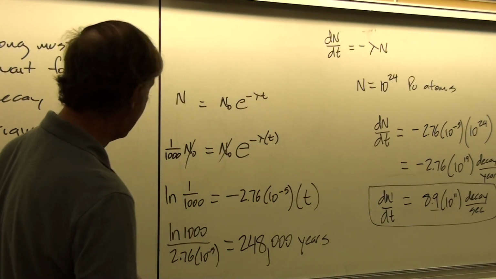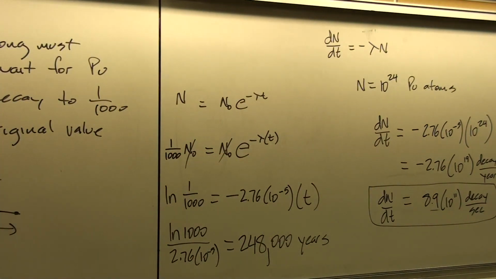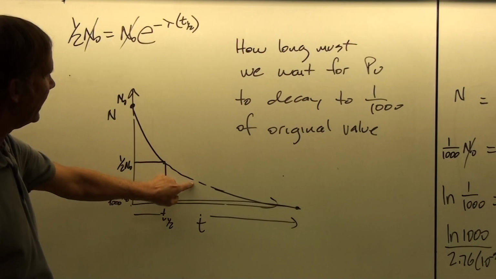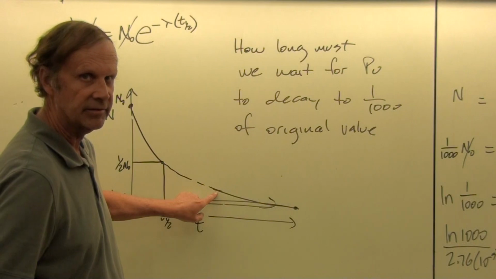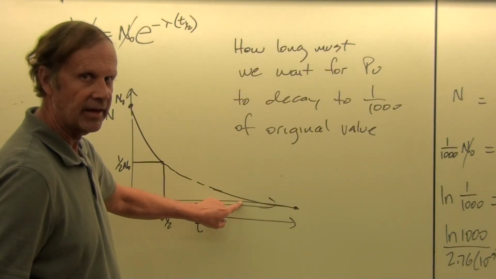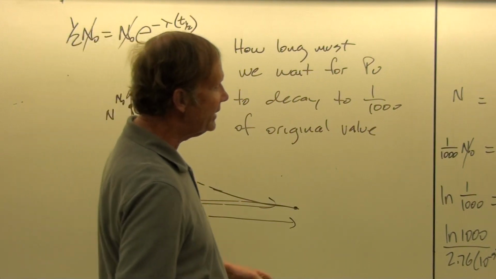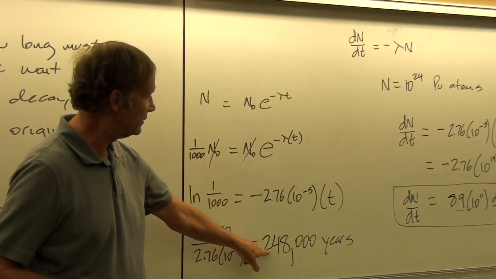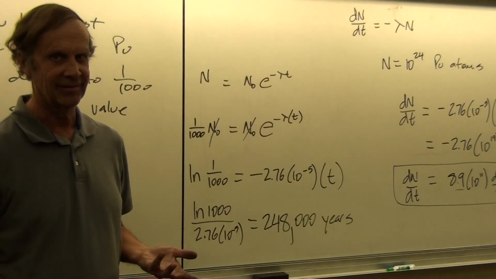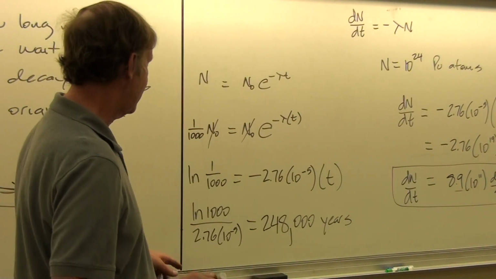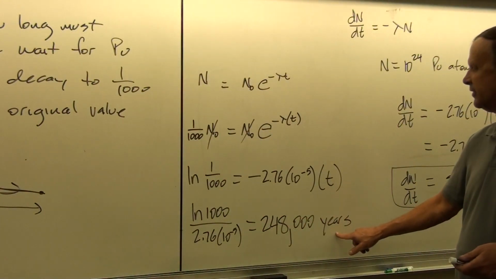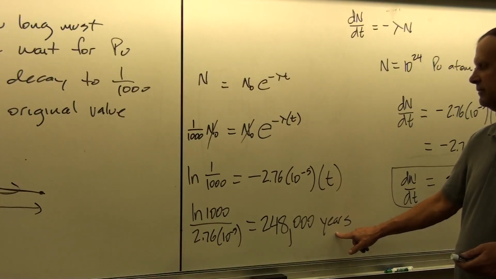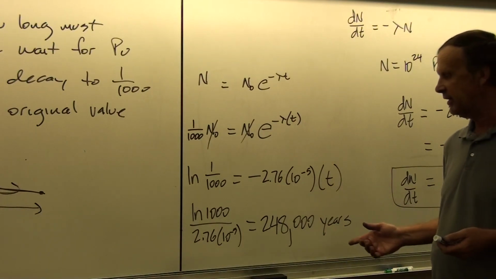Which is almost 10 half-life time periods. Should that make sense? Well, sure. Because if you cut it in half, that's 25,000 years. Cut it in half again, that's 50,000 years. Cut it in half again, that's 75,000 years. Cut it in half again, that's 100,000 years. And so, roughly speaking, this is 10 half-life time periods. And 2 to the 10th power is about 1,000. And so it's about right that you would have to wait almost 250,000 years for your sample of plutonium to decay to what we might arbitrarily consider to be safe values.